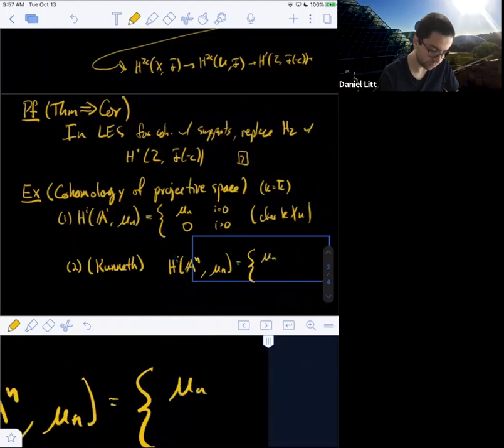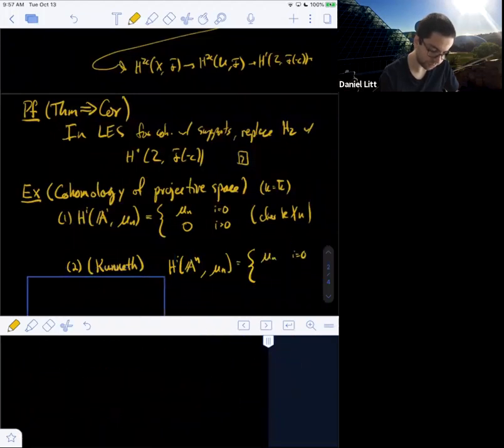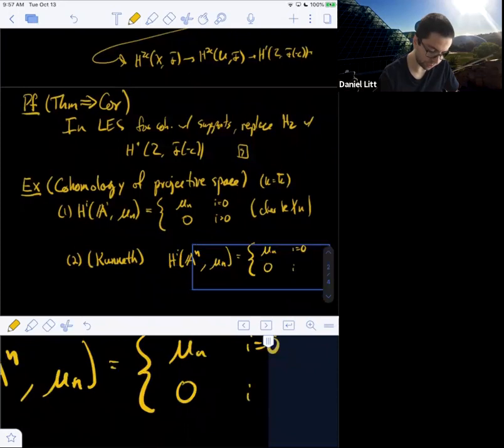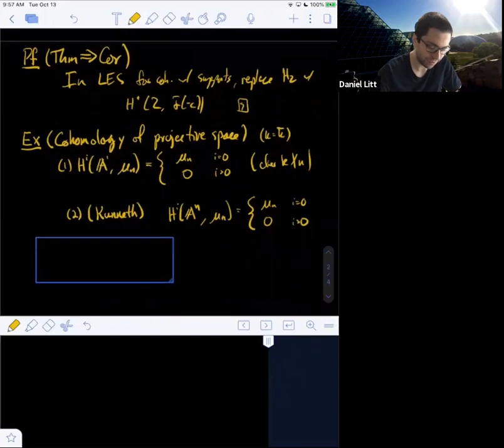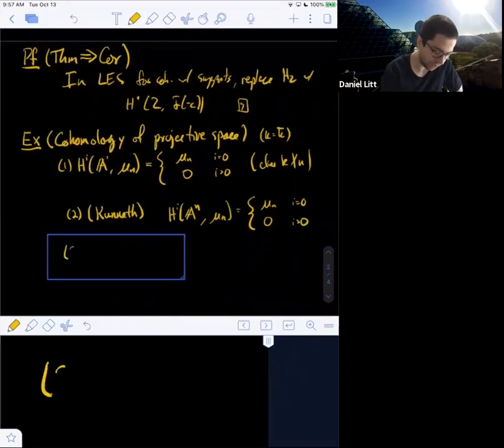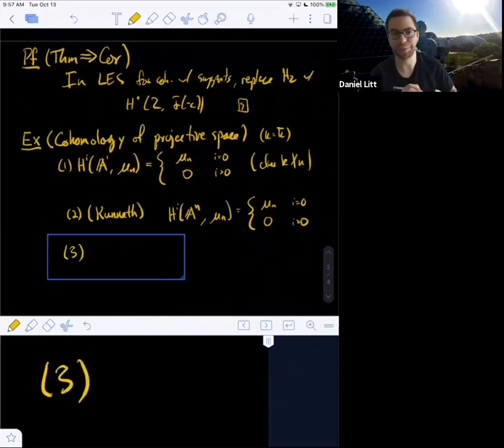So it's mu_n for i equals 0 and 0 for i bigger than 0. And by the way, this should be familiar to you: affine space over the complex numbers is contractible. Okay, now finally, let's compute the cohomology of projective space. Can anyone tell me how to do it?